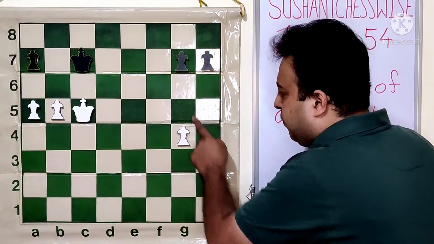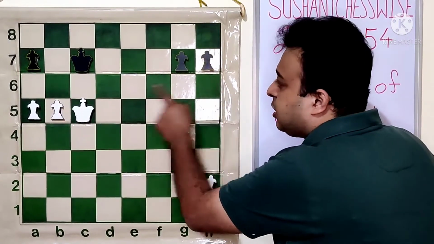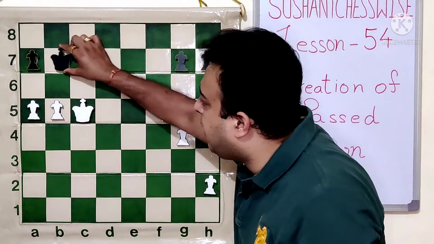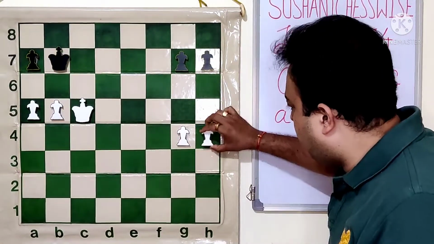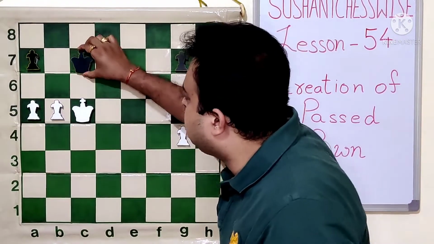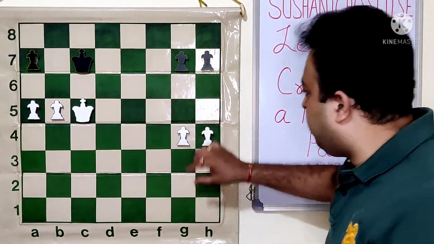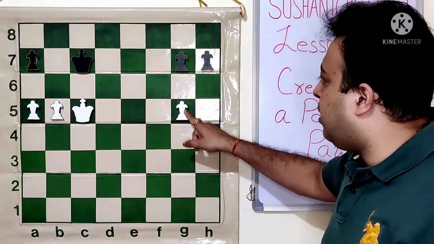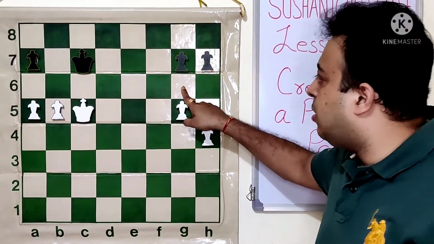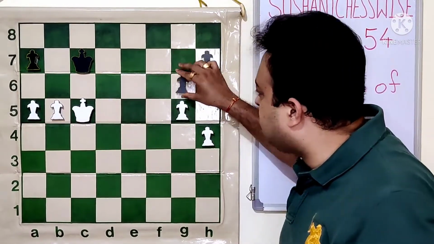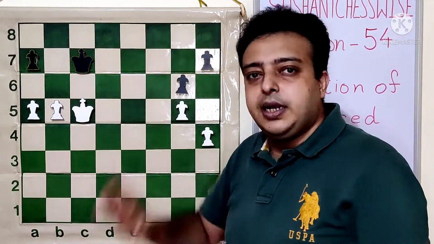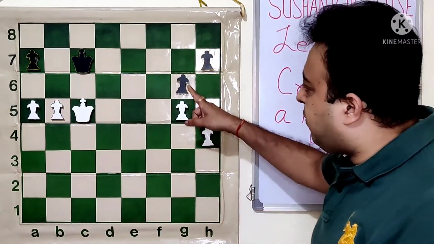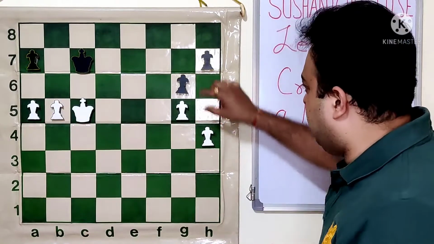G4, if black plays G5, then after H3, H6 we get the same position and white plays B6. So let's assume black still plays KB7. Now we play H4, King C7. Again we can push any of the pawns, G6. Okay, and now G5. And after G6 here, we will again do the same. Once the pawns are fixed, we will create the passed pawn over there. Okay, so after G6, B6 will win for white.